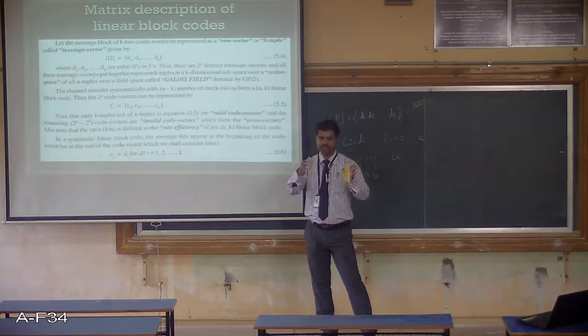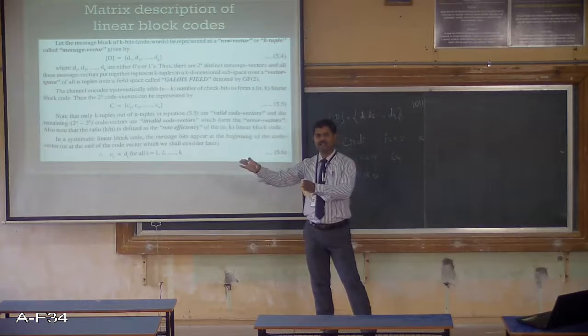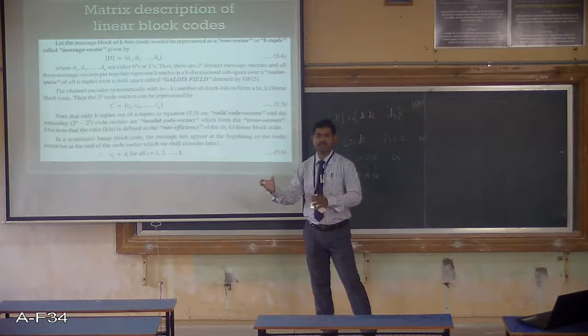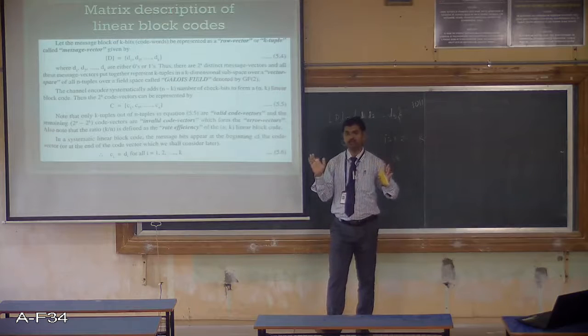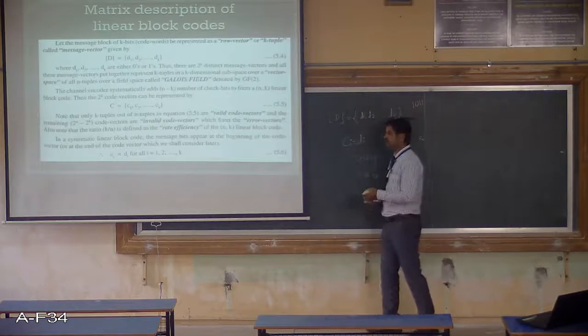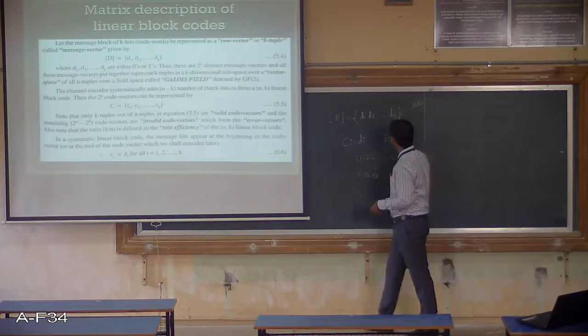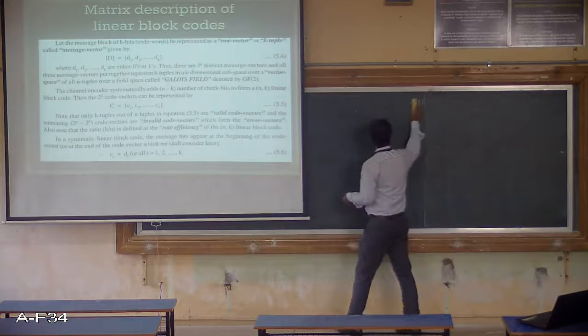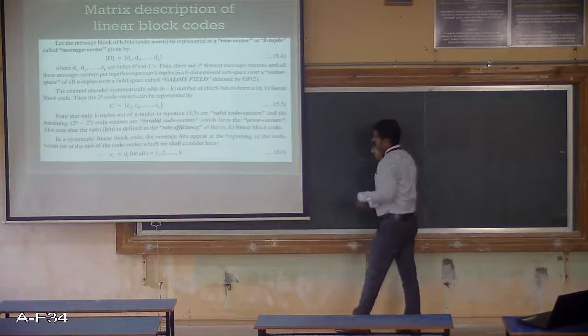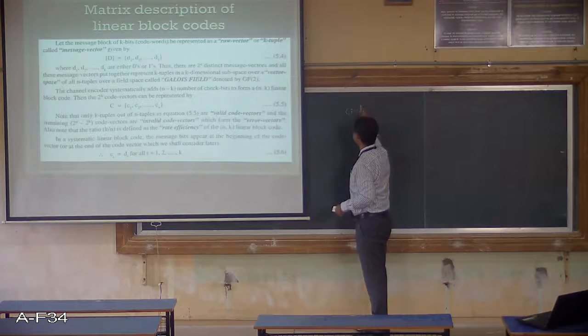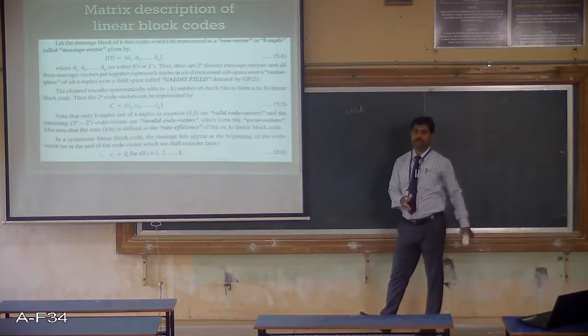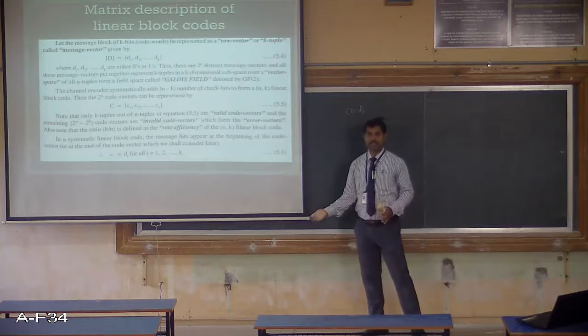First, they have to appear. Later we'll see how to form and get the additional check bits. But the K information bits must exist in the code word. Then only can I call it systematic. So Ci is equal to Di up to K. Then what about the next bits?